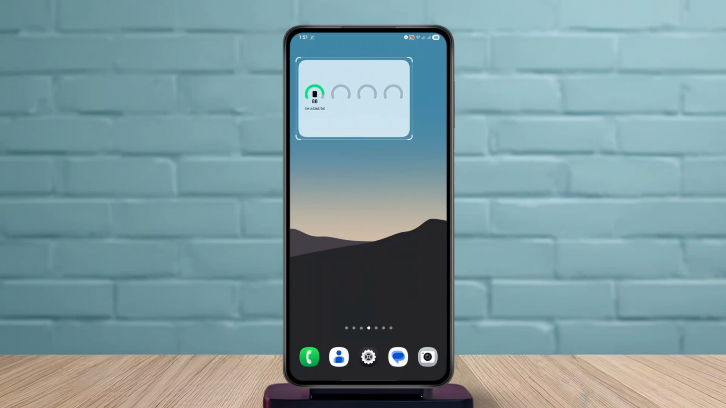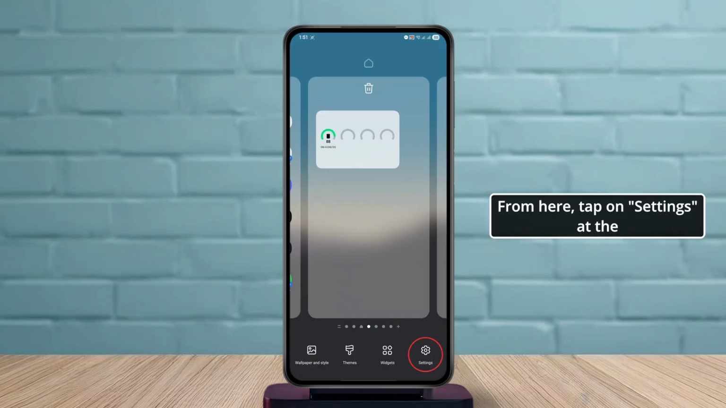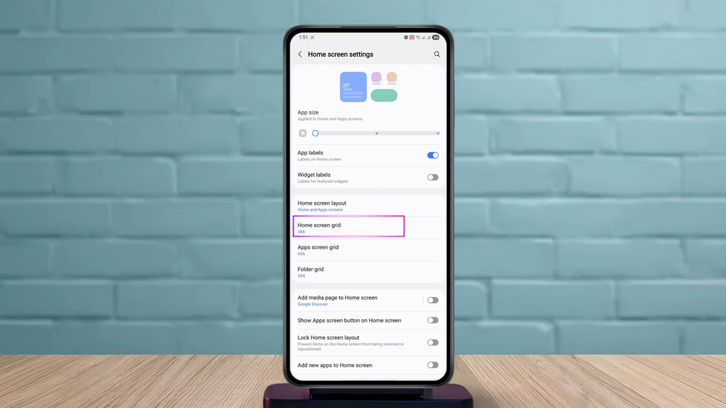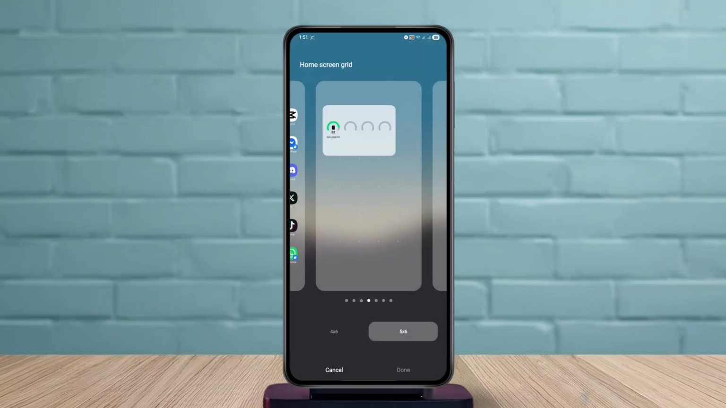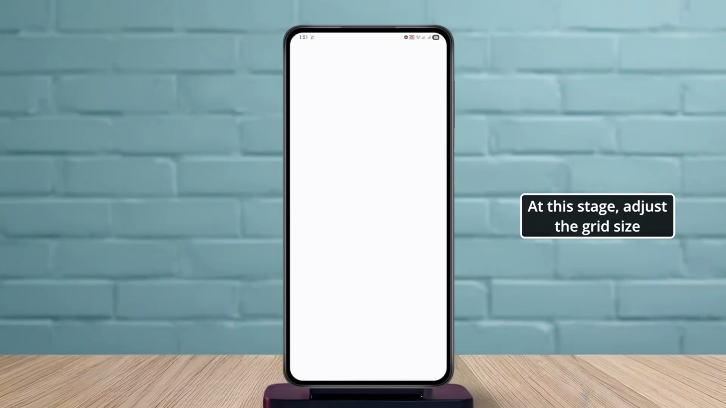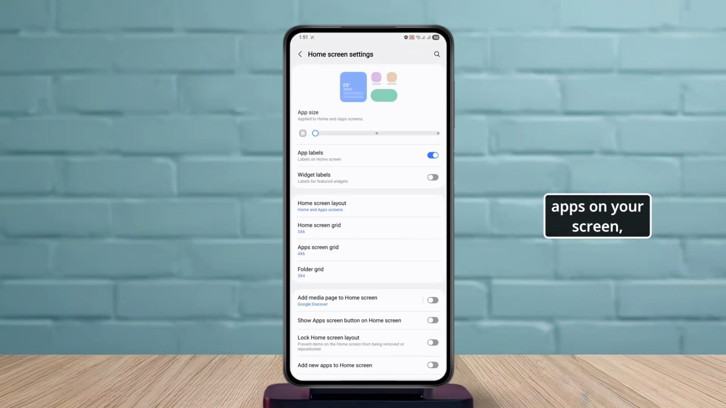bigger or smaller. From here, tap on Settings at the bottom to access more detailed options like grid size, app icon badges, and home screen layout preferences. At this stage, adjust the grid size to fit more or fewer apps on your screen, depending on how you